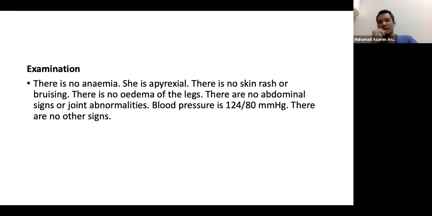Okay. Yeah. So what is your conclusion? Basically your conclusion, you just need to come up with a working diagnosis and still a possible differential. So you say there is no anemia, no pallor. The child is not pyrexial, so you are kind of ruling out UTI. There's no rash, there's no bruising, so you are kind of ruling out HSP. So basically, HSP is not the thing that you are thinking about.